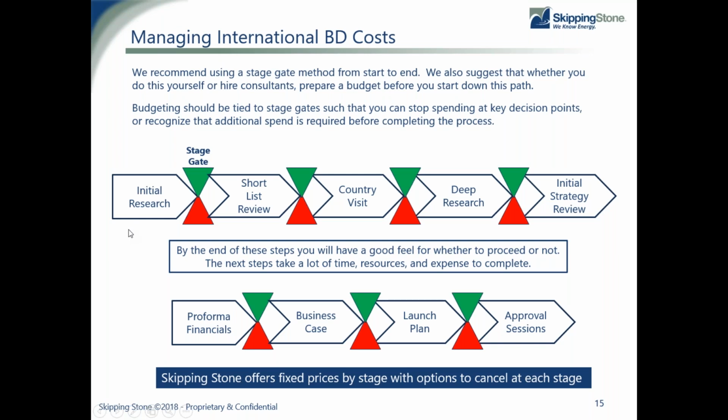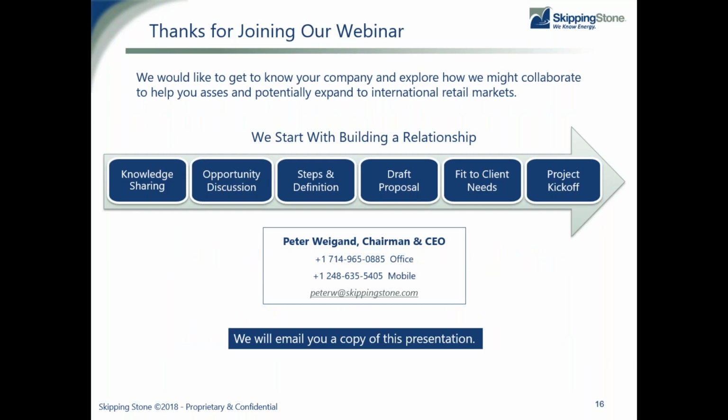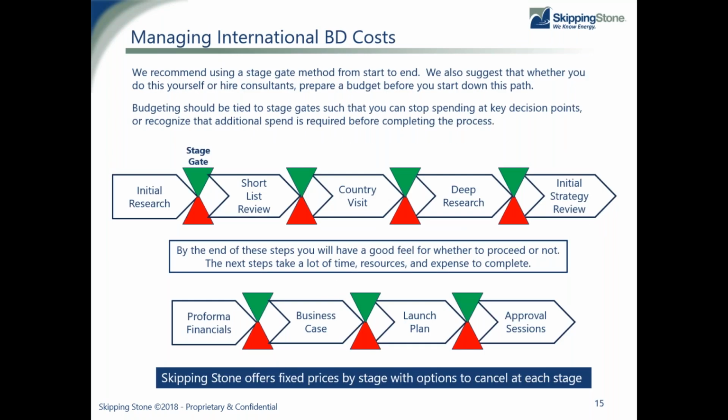So that's pretty much the steps. I know I promised I would do this in 45 minutes or less because people have time and it's precious. So this gives me, can't see the